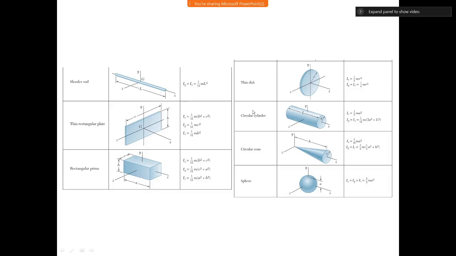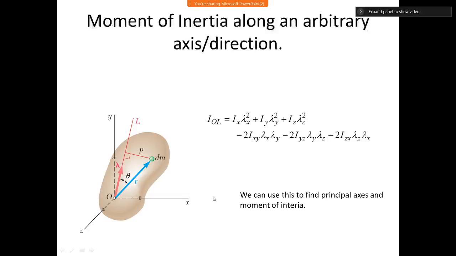And similarly, we have these standard tables for some standard geometries for which the mass moment of inertia is tabulated. And then if we have some composite geometry, we can add or subtract these things to get some more complicated geometry. Just a final note on moment of inertia: